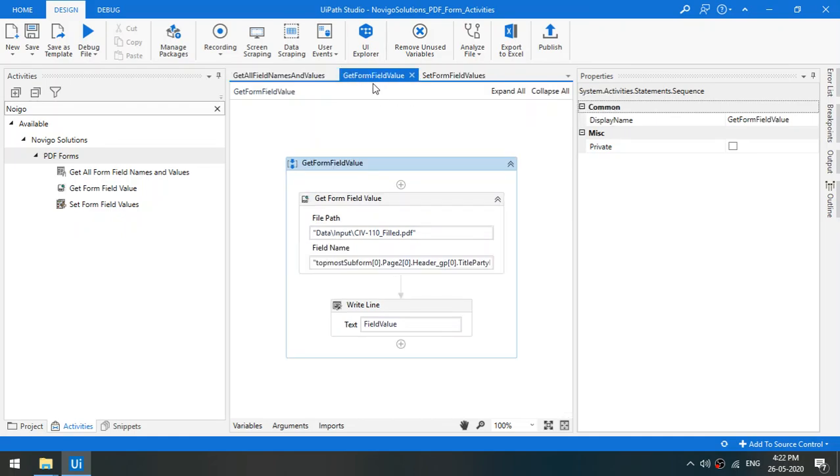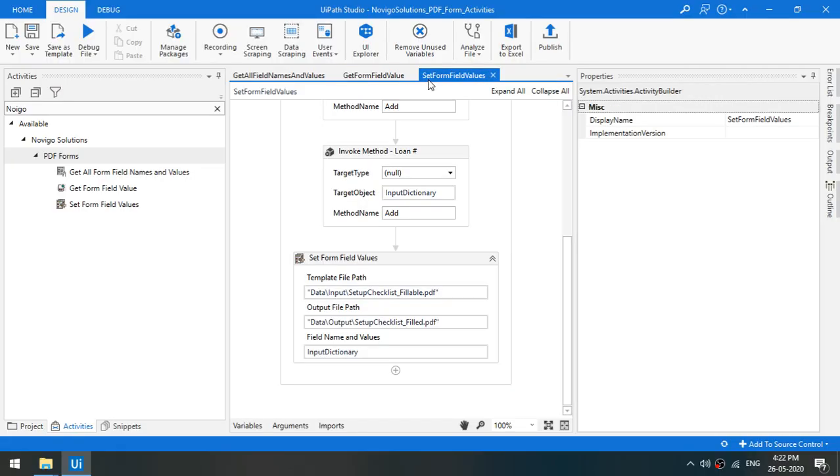So in both of these activities we are reading either all the form fields in the PDF form, or we are reading individual fields. So there is always a requirement for us to write to PDF forms. So for this we have built this activity, Set Form Field Values.